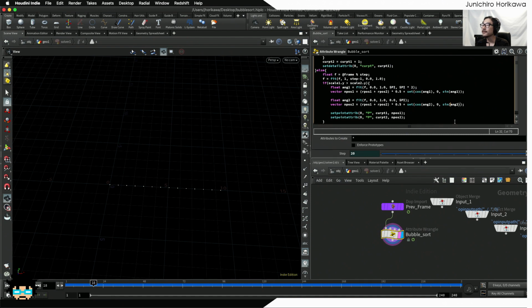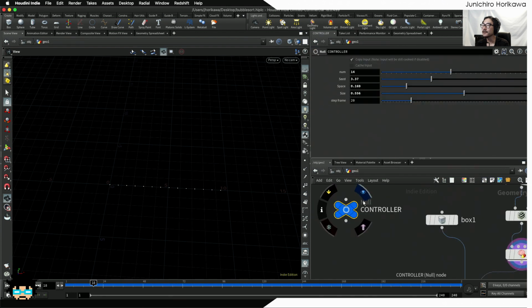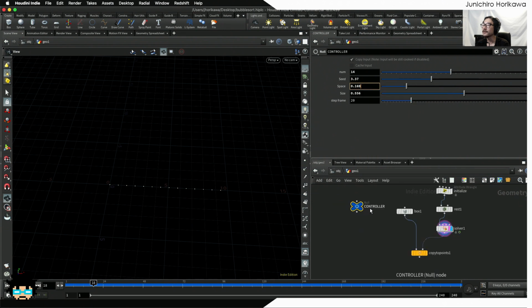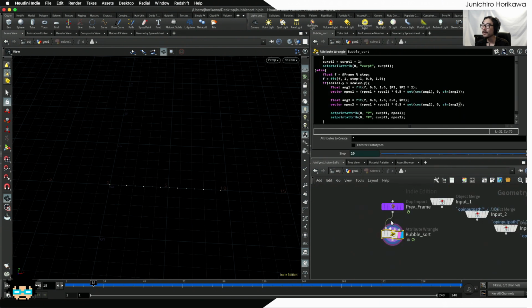Okay, so the radius has been already defined, which is equivalent to the half size of space plus size. So I need to access both of those values, so I'm going to copy one of the values, going back,